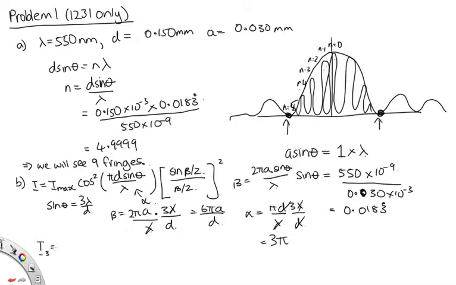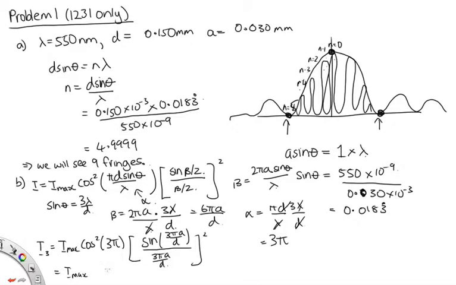The intensity at the third fringe will be equal to I max, that's the central intensity, the intensity here, times cos squared 3 pi times sine of beta over 2, so that's sine of 3 pi a on d over 3 pi a on d, and this is all squared. So solving this, we've got I max cos squared 3 pi. Cos of 3 pi is minus 1, squaring that we've got 1, and 3 pi a on d